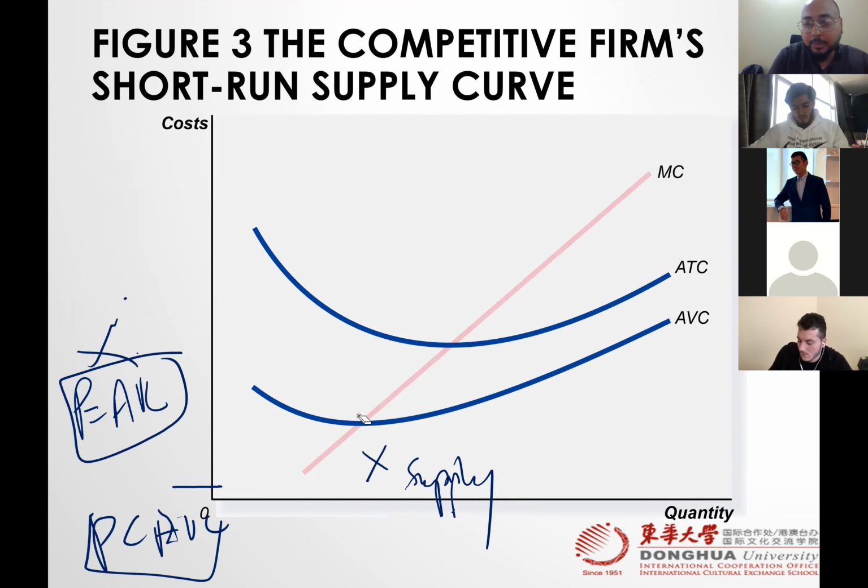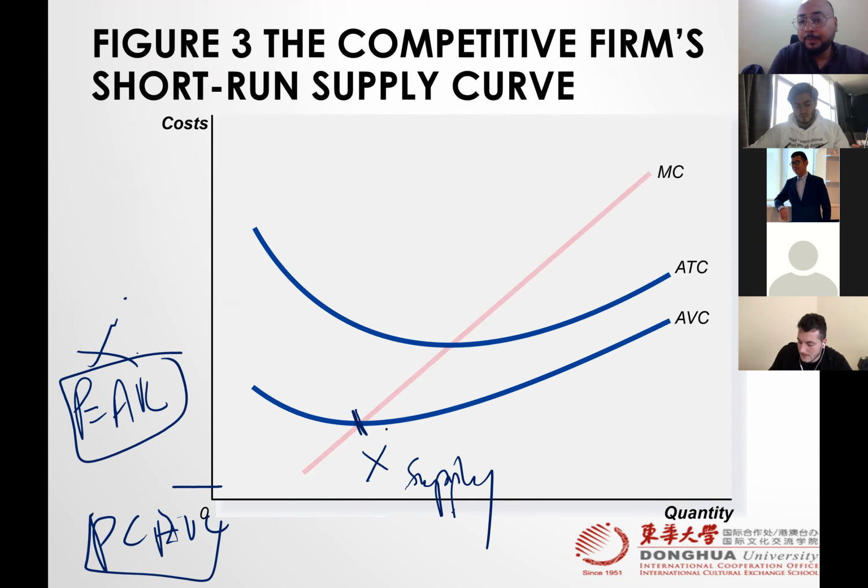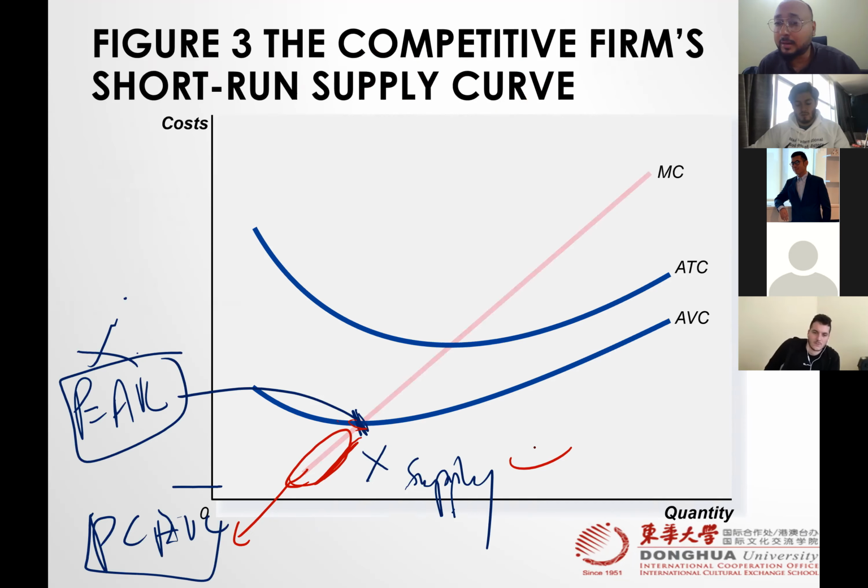So because this part is price is equal to average variable cost, and below this part price is less than average variable cost. So we shut down. So below this part we shut down. So this part of MC is not supply curve. So the short run supply curve is that part of MC which lies above average variable cost,